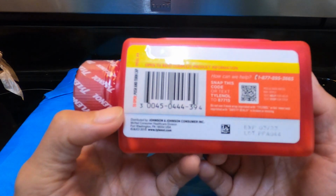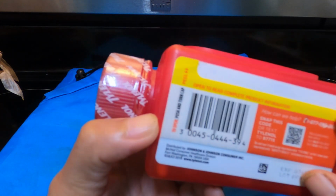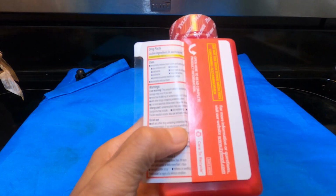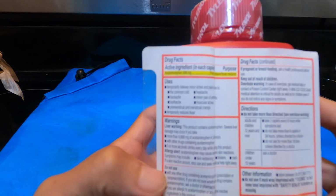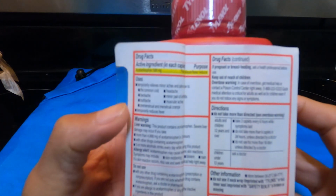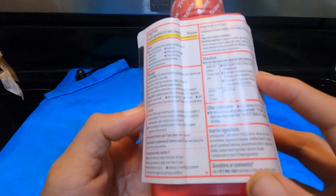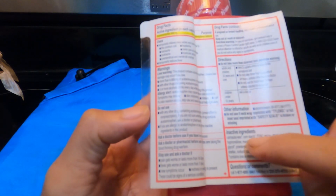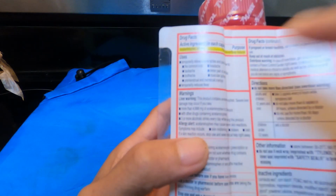Here, if you need any information, they have a phone number here, and inside here they have information for you to know. And this is the drug facts, and then the usual words, and then warning, the directions, and other information. And let's see. Yeah, they say here